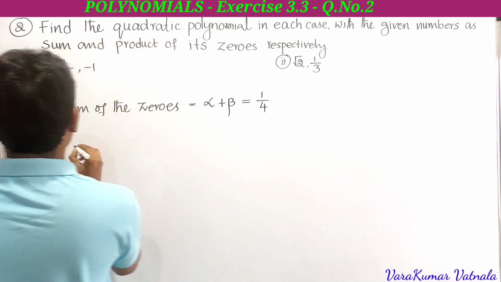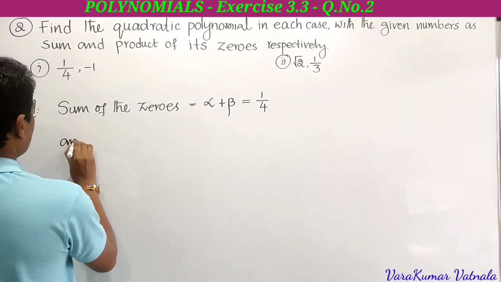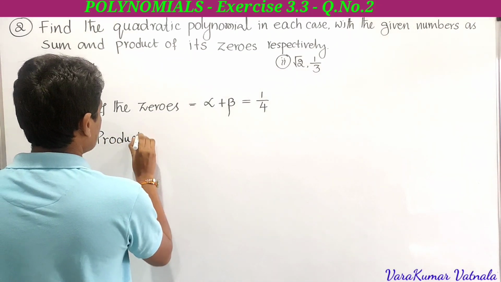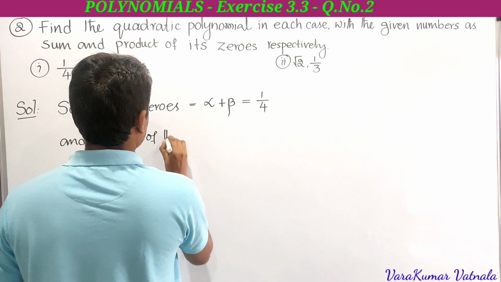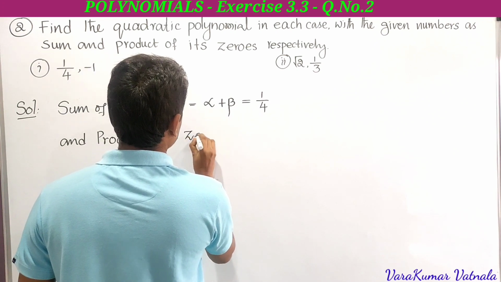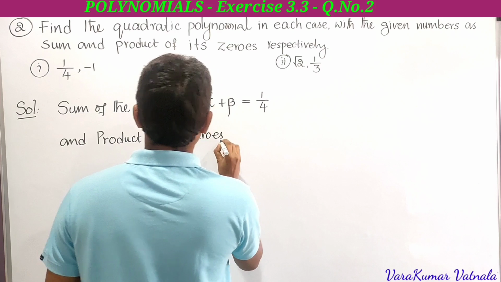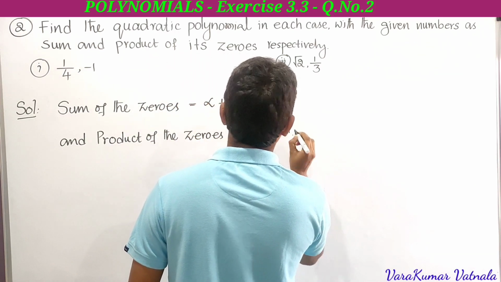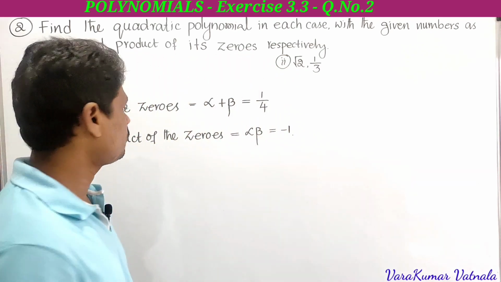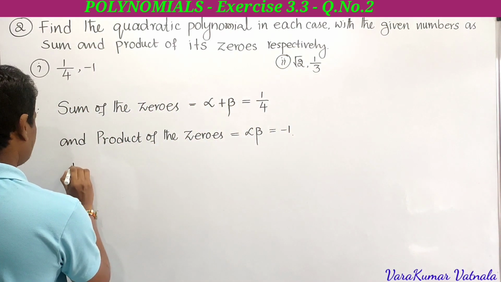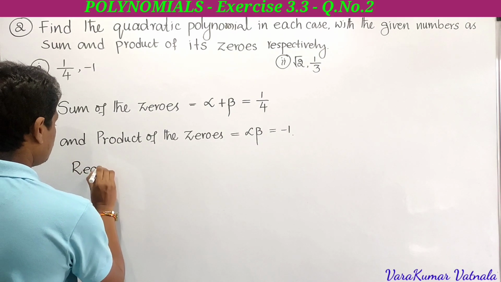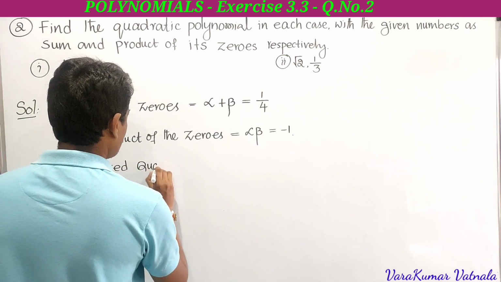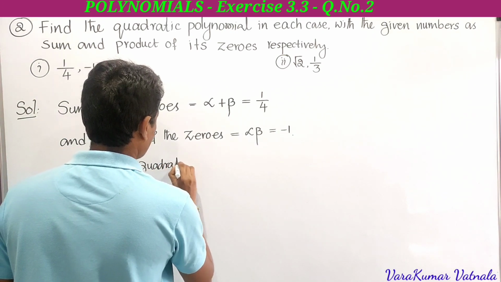And he has given the product of the zeros. The product of the zeros is denoted by alpha into beta, which he has given as minus 1. Therefore the required quadratic polynomial is equal to